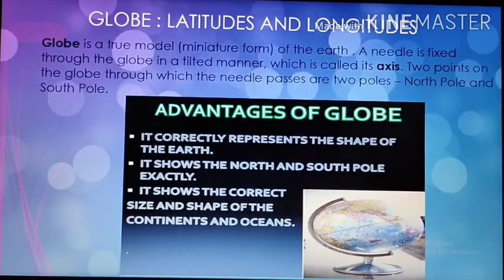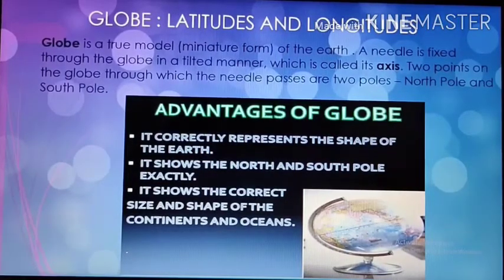First of all, talking about the globe. Now as you all know, our planet Earth is not a sphere. It is slightly flattened at the north and the south poles and bulges in the middle. A globe is a true model or a miniature form of the Earth. Globes may be of varying size, shape and types also. Big ones which cannot be carried easily, small pocket globes, and globe-like balloons which can be inflated and are handy and carried with ease.